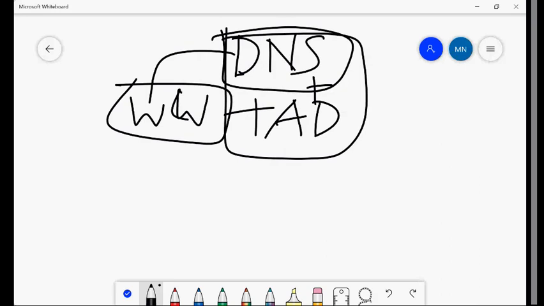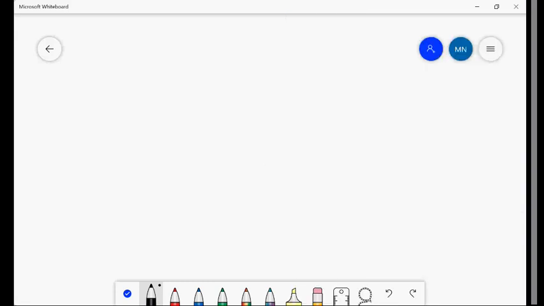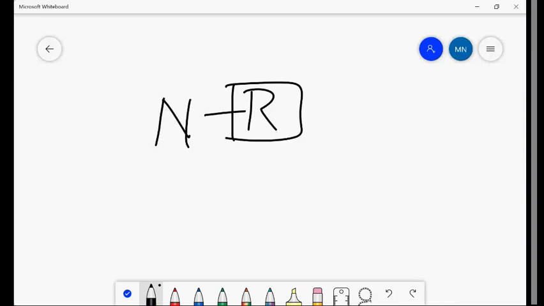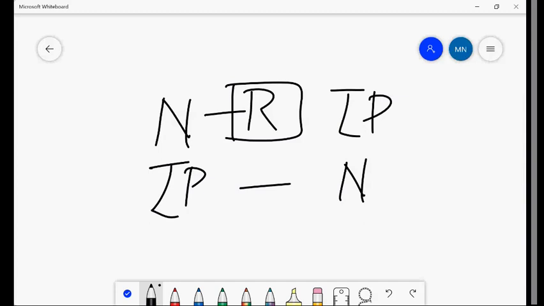And the internet is different, but the same thing applies. Ultimately, DNS plays only one role, that of a resolver. It will resolve name to IP or IP to name. That's it. Its main purpose is only resolving, converting name to IP, IP to name.